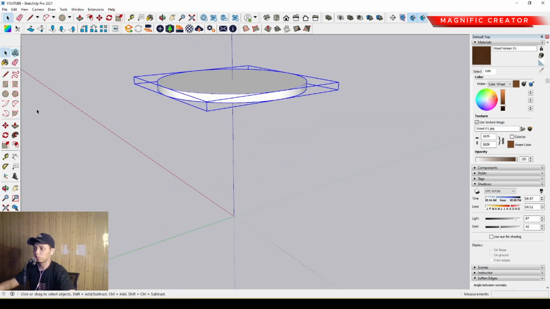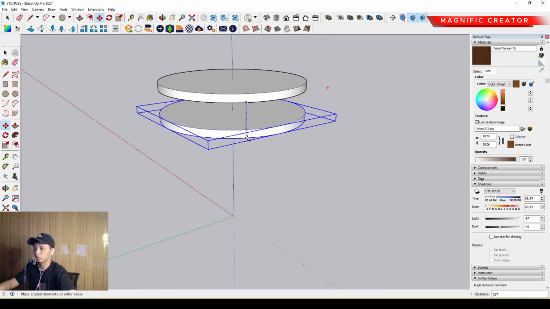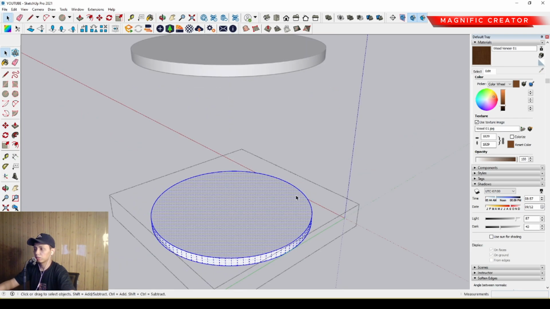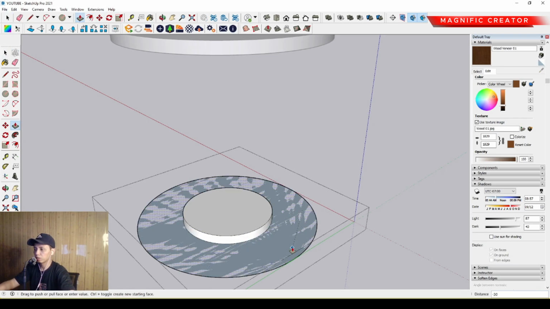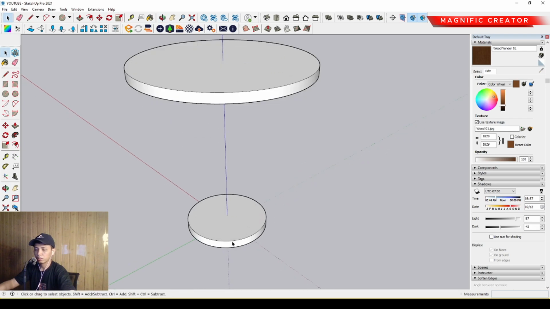Okay, and then we can duplicate it and move it down around 600 millimeter also. Then we can offset inside, around 150 millimeter. Then we can push it until the limit. Okay, and then we can